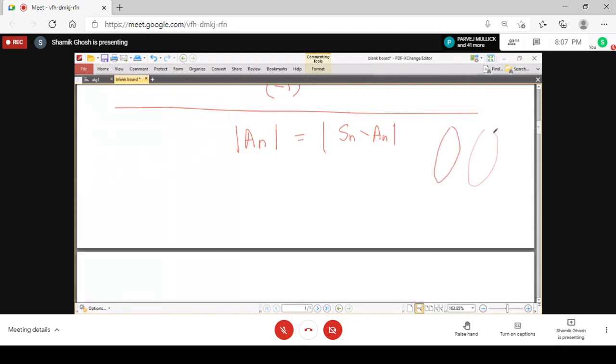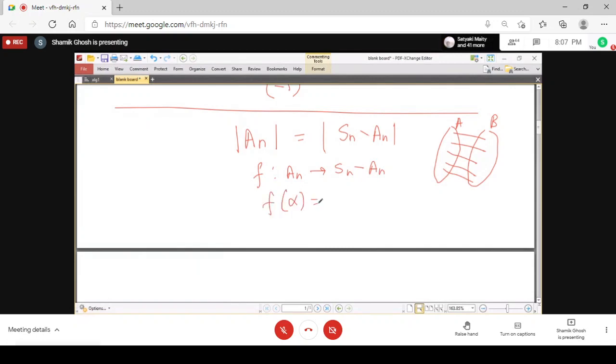দুটো set আছে A আর B. Suppose you have two sets. You want to show that they have the same number of elements. Then what will you show? Bijection. Bijection, sir. So we will just define a map, and we will prove the map is a bijection.